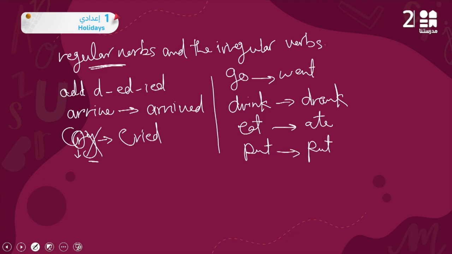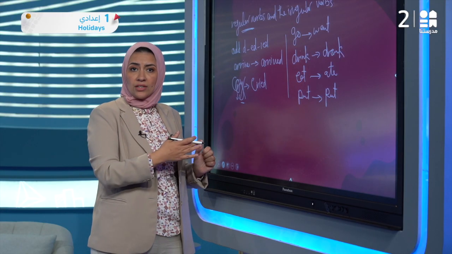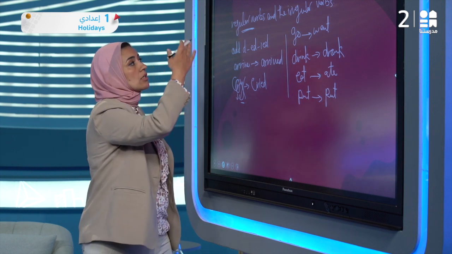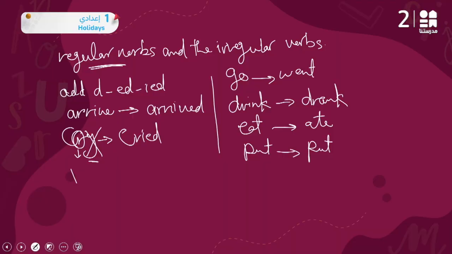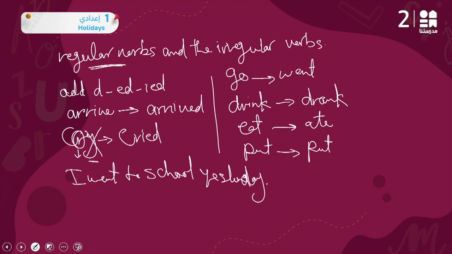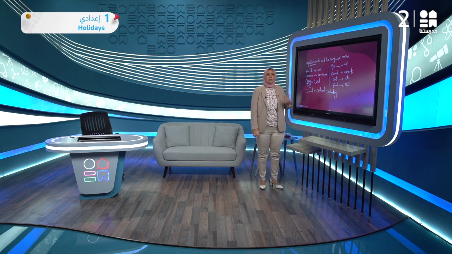طيب يبقى I will use the past simple tense with the regular verbs or the irregular verbs. يعني مثلا هقول I went to school yesterday. يعني أنا رحت المدرسة امبارح. تمام؟ حدث خلص في الماضي وأنا بتكلم عنه. أوكي؟